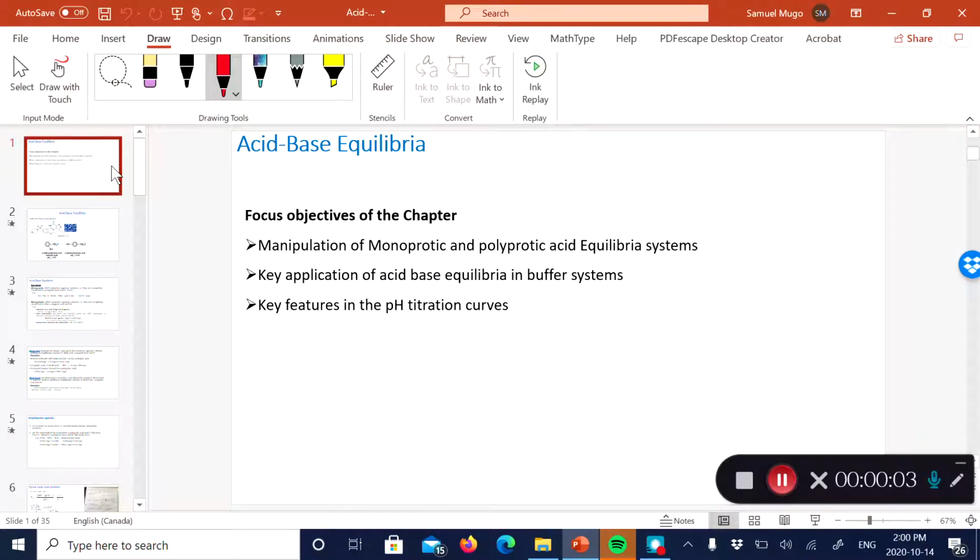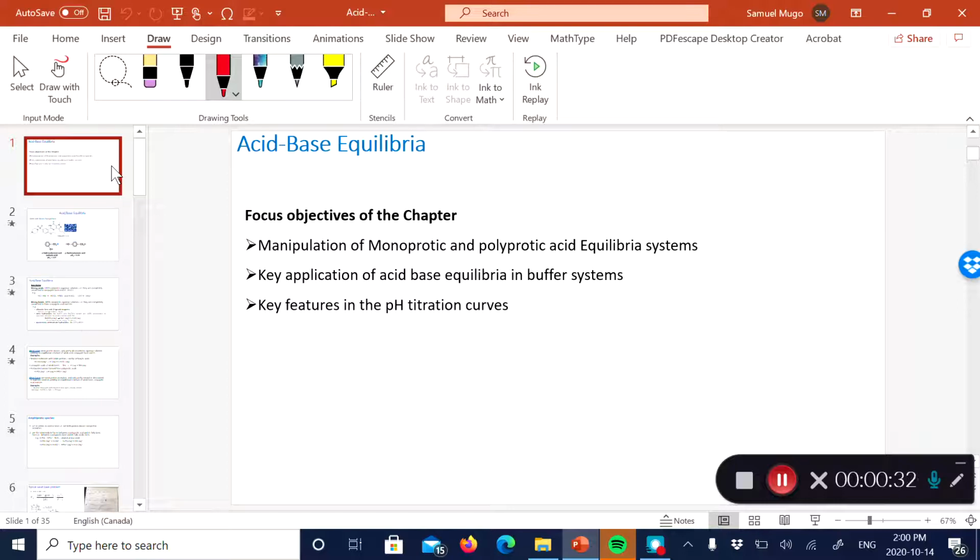In today's lecture, we're going to continue talking about different types of chemical equilibria. Last week we talked about solubility product equilibria, and this week we're going to quickly talk about acid-base chemical equilibria. Now, the objective for this chapter is especially for you to become acquainted with the manipulation